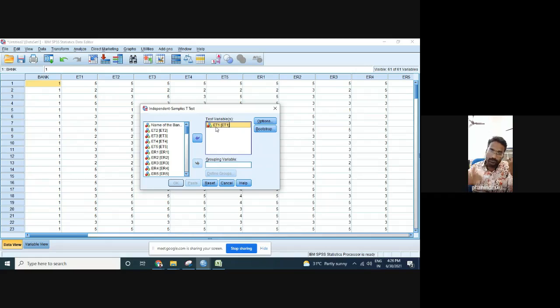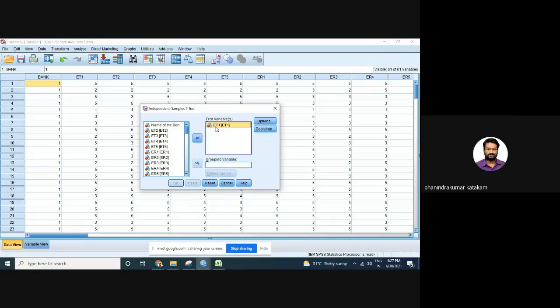And how to group the categories? The name of the bank is a basic category. If you want to mention male and female, you can make male and female the categories.